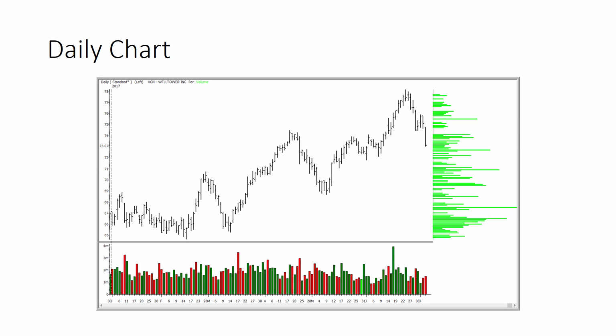So this is HCN, and we're going to look at how the trade's set up, how it's planned, and then how it's carried out the next day. So here's a daily chart. And on the daily chart, you can see we've got a wide range bar. And that wide range bar comes on the heels of a pullback, right? The stock started moving lower, then it pulled back up higher again. And we can see there's a volume expansion as well. Volume's building.